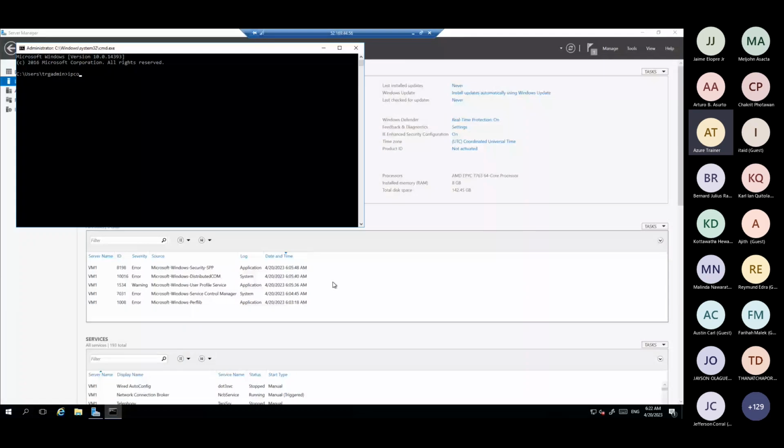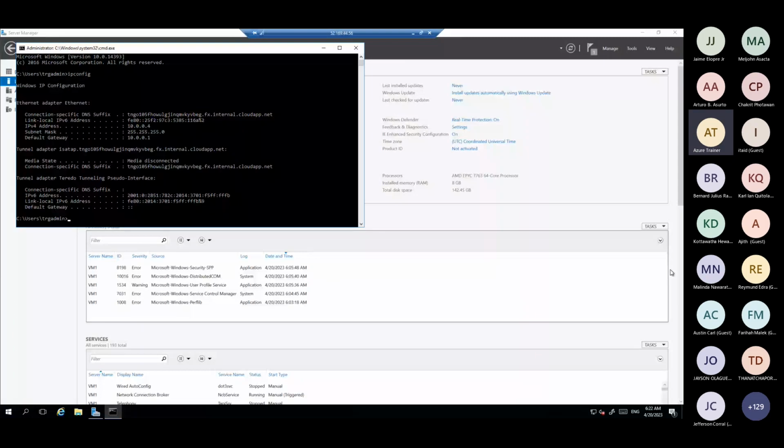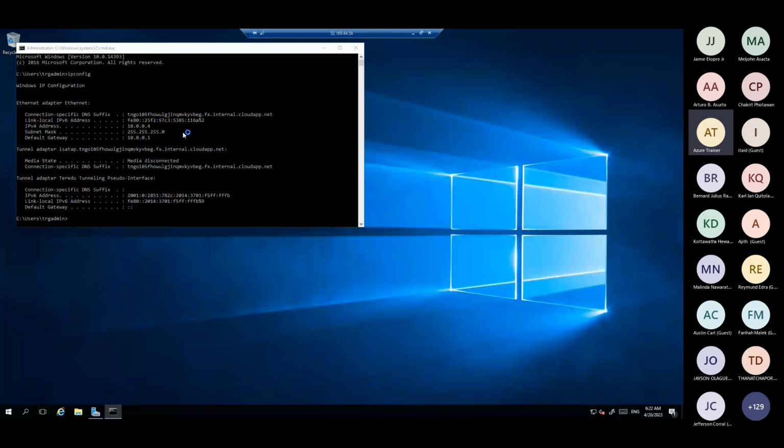It's given 10.0.0.4. Let me connect to the web server with the help of a browser. It is loading, it will take a few minutes.